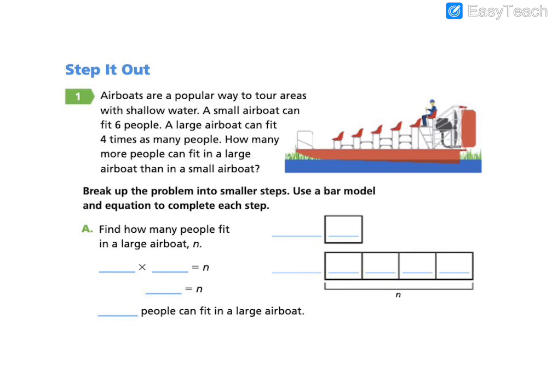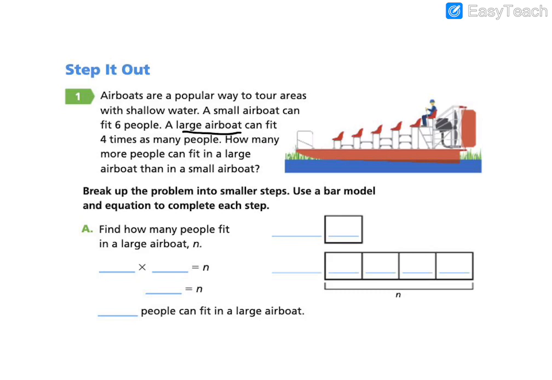Let's take a look at problem number 1. Airboats are a popular way to tour areas with shallow water. A small airboat can fit 6 people. A large airboat can fit 4 times as many people. How many more people can fit in a large airboat than in a small airboat? So in order to solve this, we're going to break it into 2 steps. The first unknown we need to find is how many people fit in a large airboat. We can't find how many more fit in a large